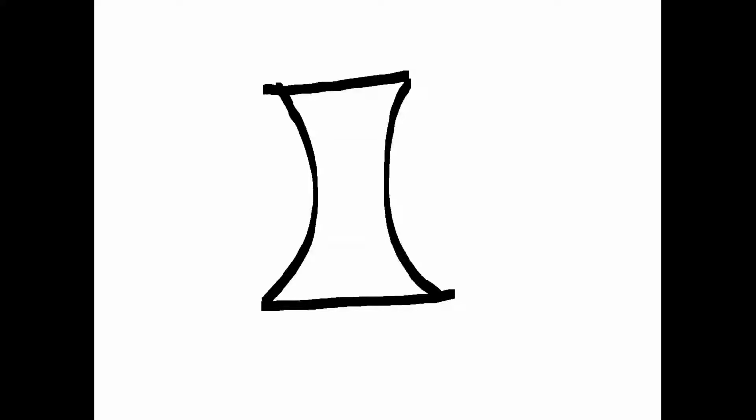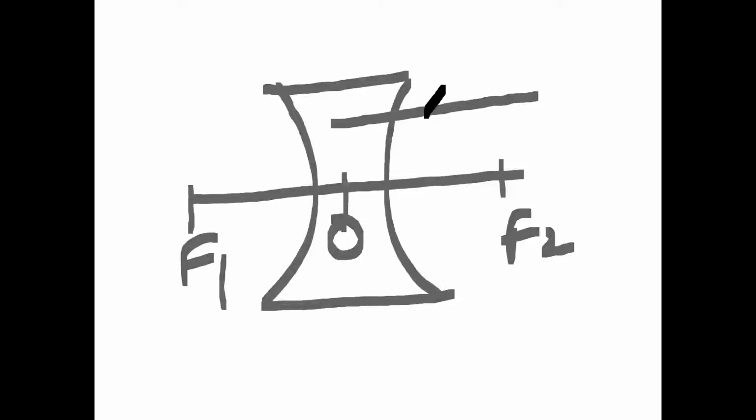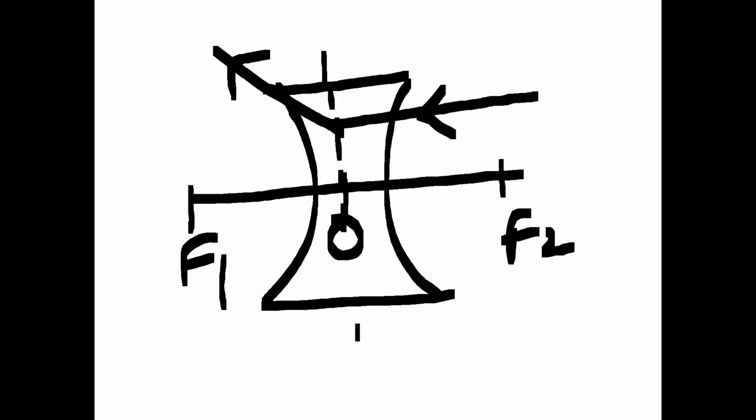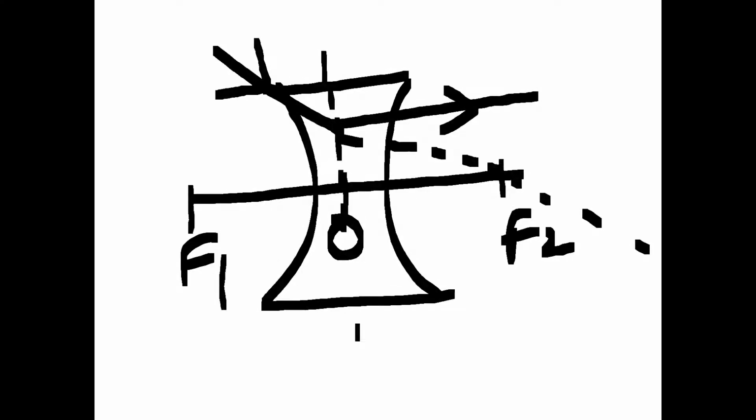in case of concave lens, what is happening? This is optical center, this is focus 1, this is focus 2. If any ray is coming parallel to the principal axis, then what will happen to it? Just change the arrows in this case. It is coming like this, right? So it is passing through the focus actually, then will go straight. This is the second rule.